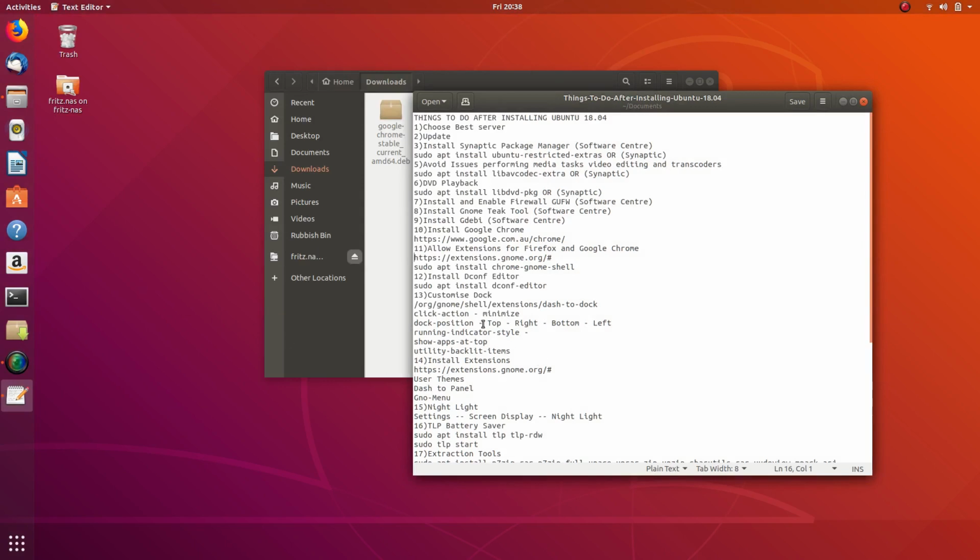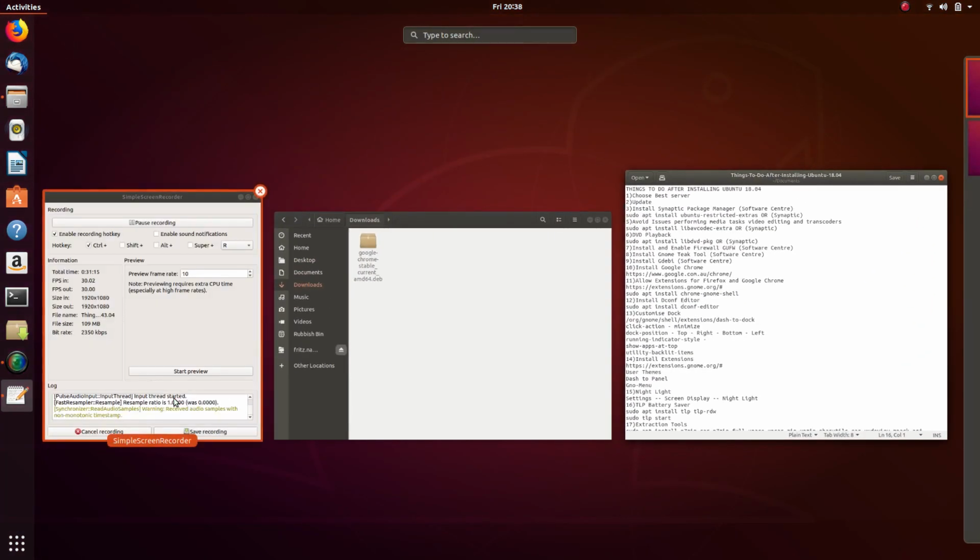Now, what we're going to do with the Dconf editor is a couple of things. This dock here, we're going to do a bit of customizing on that. So if we press the super key, the super key opens up the overview menu, not quite sure what it's called, and you can see all your open windows, so you can choose which window. It tells you what it is: simple screen recorder, downloads,